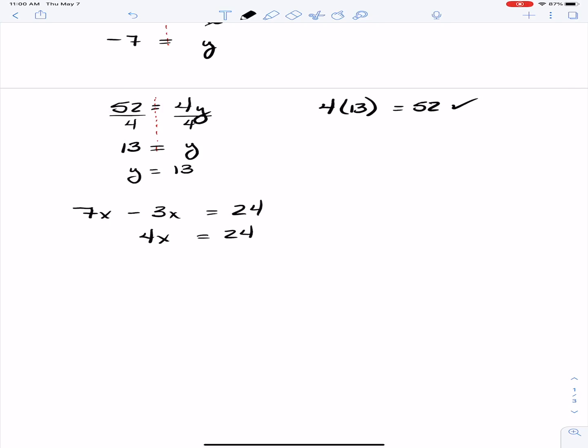4 times some number is equal to 24. I can go ahead and divide by 4. And so x equals 6. Okay, I can check my work still. 7 times 6 minus 3 times 6. 7 times 6 is 42 minus,